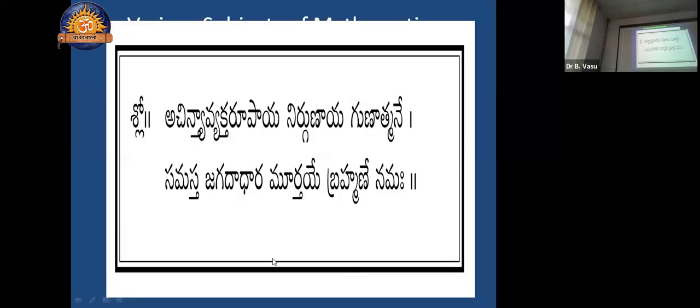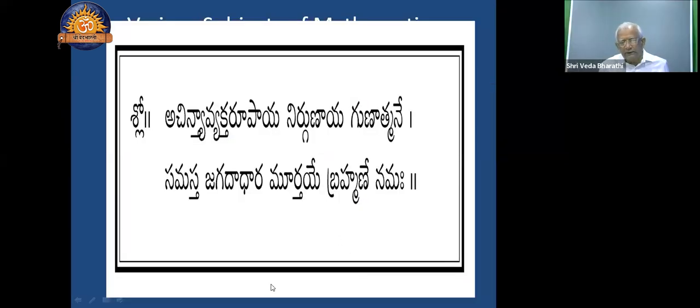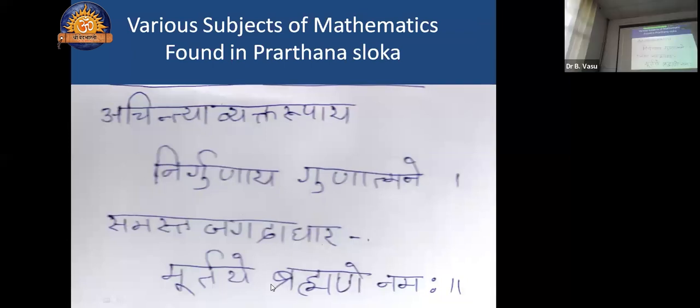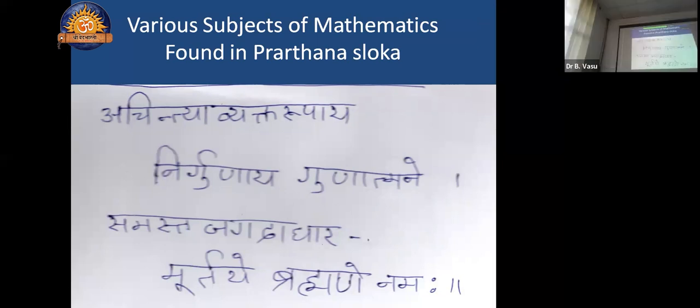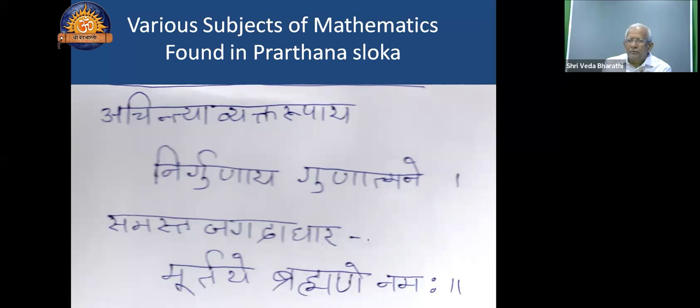Brahmane namaha. Brahmane means not only Parabrahman, it is also a great subject. Brahma is a word that is derived from Brahma. Brahma means very big. Like that, a prarthana shloka, which is normally chanted without going into the meaning of it, the same shloka is giving various subjects related to mathematics and computer science also, sir. Now, next one,